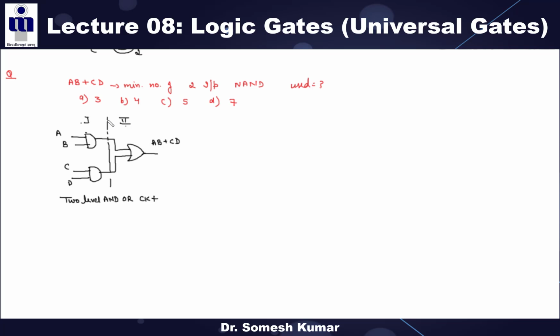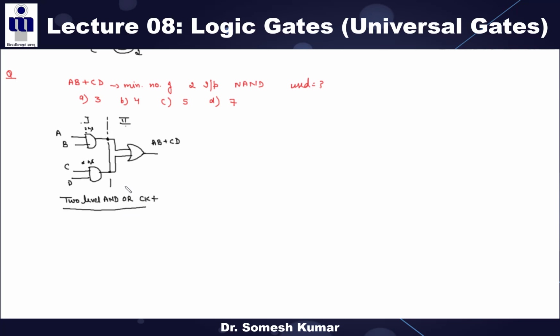So it means in the first level, suppose this AND gate has a 2 nanosecond delay. Also this AND gate has a 2 nanosecond delay. The output of this first level you will get at the same time after 2 nanoseconds. So in the first level all gates are executed parallelly, right? In the second level, after getting the output from the first level, it is given as input to the next gate, and that is your second level. That's why it is called the two level AND OR circuit, right?